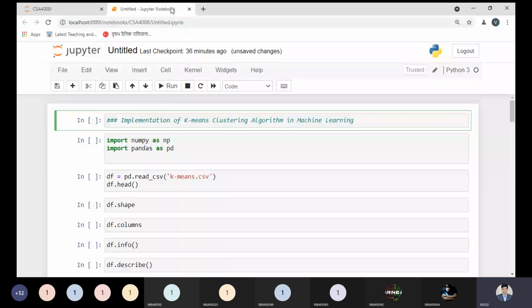There's no need to explain in more detail what clustering is or what the k-means algorithm is. This part we have already covered in our theoretical session. Today we will implement how to implement the k-means algorithm, followed by the clustering. For this implementation, I will use a data set. I mentioned it over here, and you can utilize everything properly.